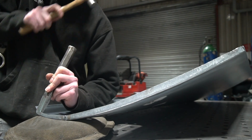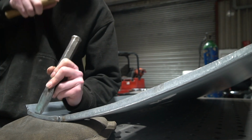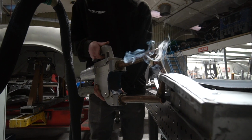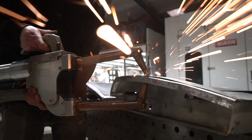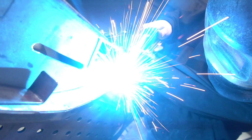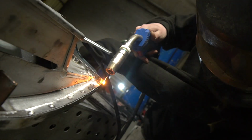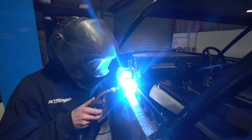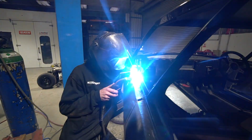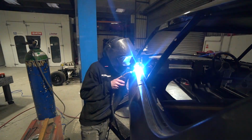Tom's cracked on with this near side door. Been a few ups and downs on that, a few difficulties. The door skins were a little bit short for the aperture, so we've had to do quite a bit of rework lengthening the skins slightly to get them to better fit the aperture. There's been a few traumas with certain other areas on those skins not being a perfect fit, but we're getting close now, I think, to having it somewhere near fitting the aperture. In the meantime,